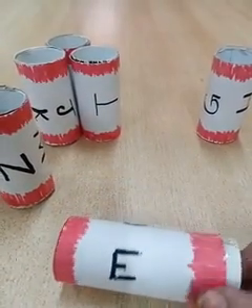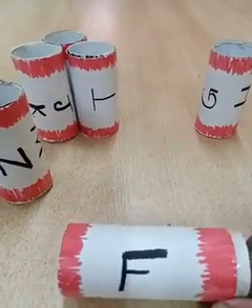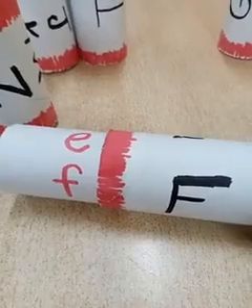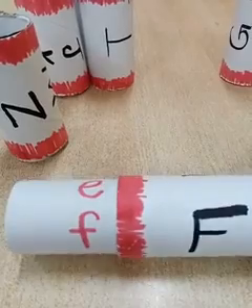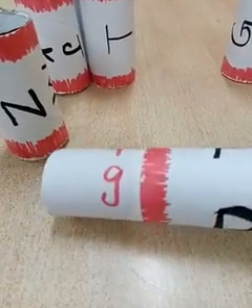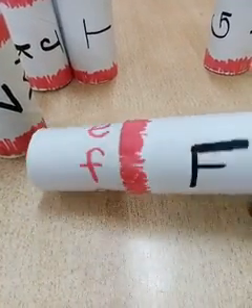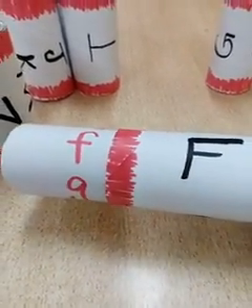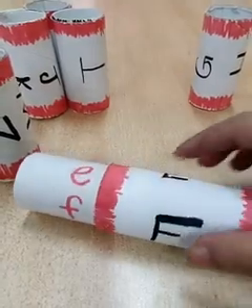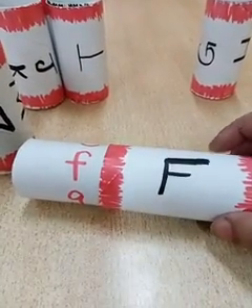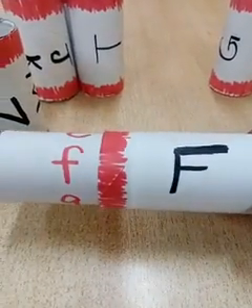Here we have F, E, D and inside this roll we have this F, G, E, D. तो आपको समझ में आ गया कि कैसे करना है, इससे कैसे एक्टिविटी करनी है कि हम इसको ऐसे करके रोटेट करेंगे और फिर कैपिटल को स्मॉल के साथ मैच करेंगे.